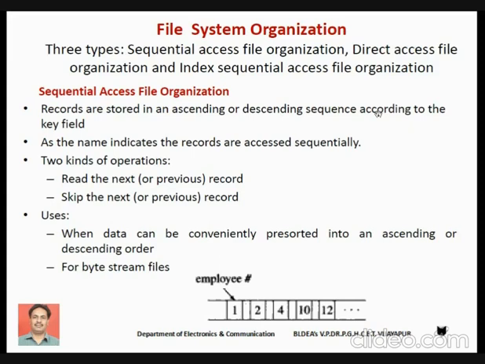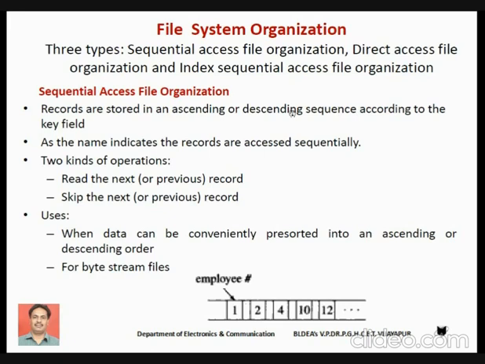Assume that you have a record which consists of many fields, but we use one of the fields as the key field. Say, for example, if you consider student information, we can assume that roll number is the key field. You can organize all the student information, arranging the student records, based on the roll number. Here the roll number is considered the key field.